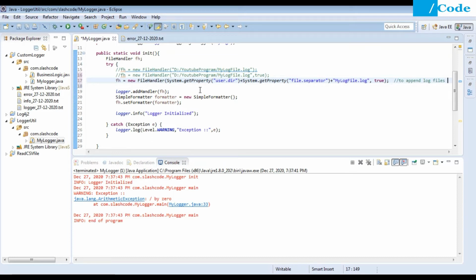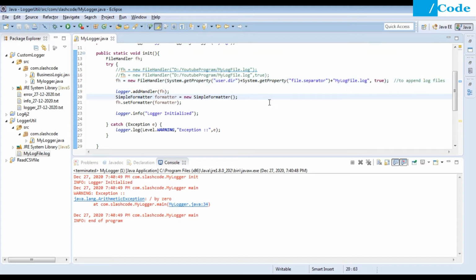I'm going to use System.getProperty as the user directory. Whatever the current user directory is, it will go there and put the file separator. Whether it is Unix or Windows, based on that it will take the file separator. After that it will put one more file, mylog file.log, and true for appending the data.